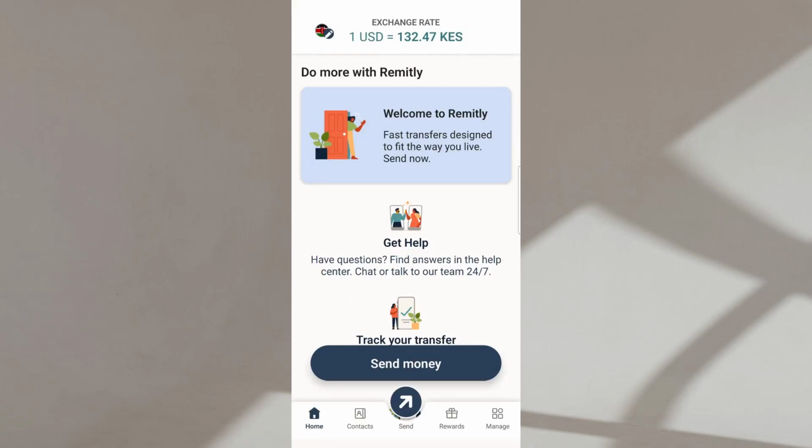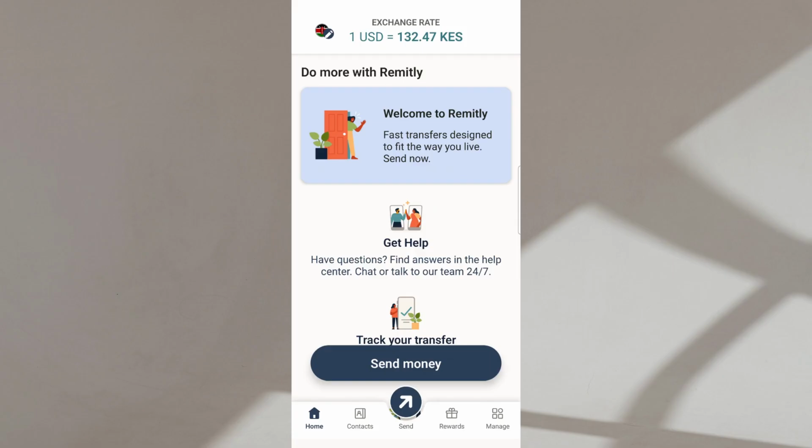In today's video, I'm going to teach you how to send money to Mexico with Remitly. To get started, open the Remitly app or go to the Remitly website and sign into your account. If you do not have an account yet, create one first and complete any required setup steps so you can access the transfer screen without interruptions.